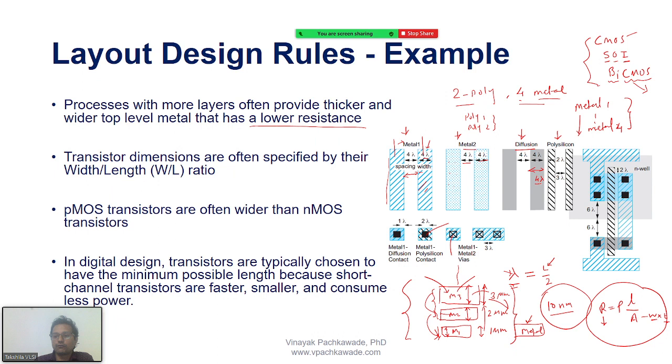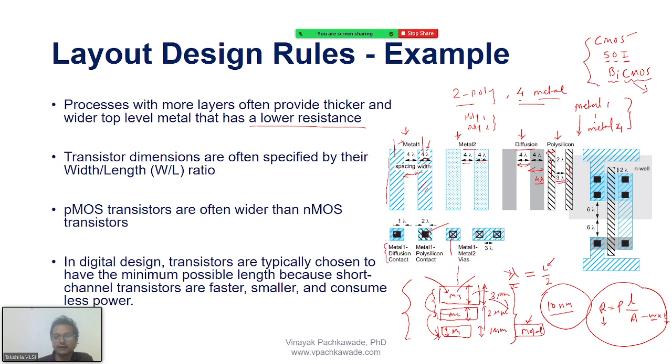So here you have 4 lambda for diffusion. Again, if I have 2 diffusion areas adjacent to each other, I have to satisfy this rule. Same for the poly. I see the minimum spacing between the 2 poly. If the circuit is designed in such a way that these 2 poly lines come next to each other, adjacent to each other, I have 3 lambda. And then the minimum width is 2 lambda. Same as we saw,